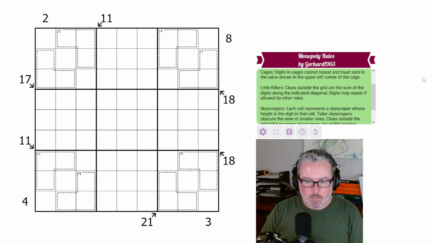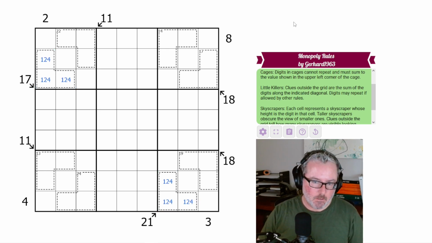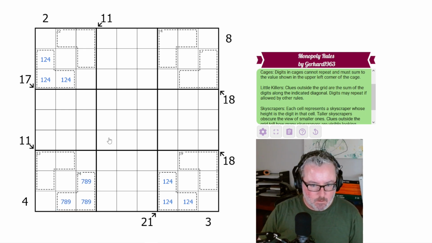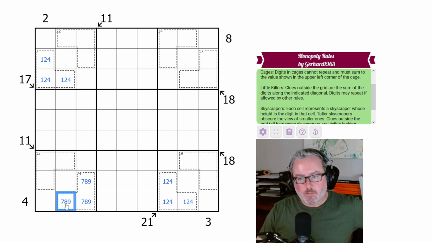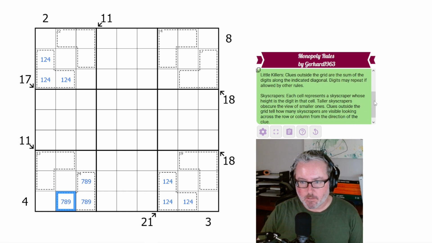So where are we going to start? Well, we had a couple of 7 cages, so we know they have to be 1, 2, and 4. Those are givens. And we've got a 24 here, so this has to be 9, 8, 7. Now, this 4 skyscraper clue, I'll put it down here with the little killers and skyscrapers so it's easier to